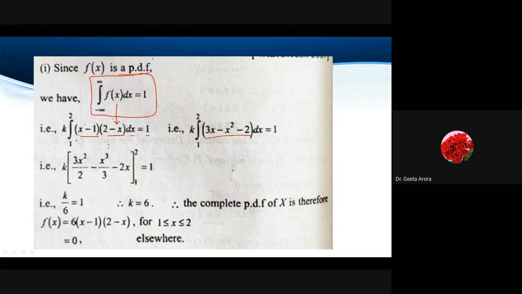Correct? And now if you remember the rules of integration, we can write 3 times the integration of x. Integration of x will give me x²/2. Then minus, as such, x² integration is x³/3, and minus of 2. So here we have integration of 1, so it will give me x. And then we have to take the limits from 1 to 2. If I substitute it here,